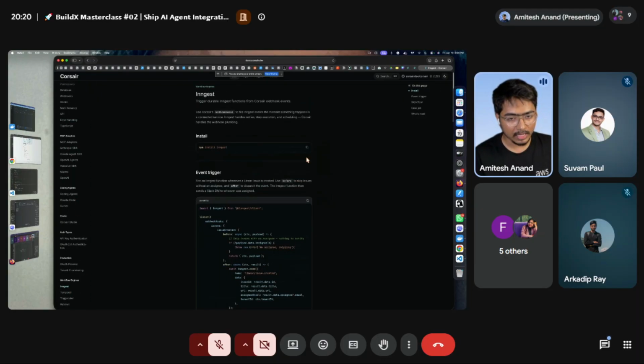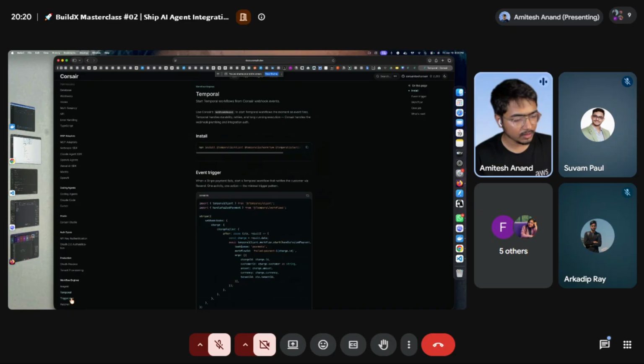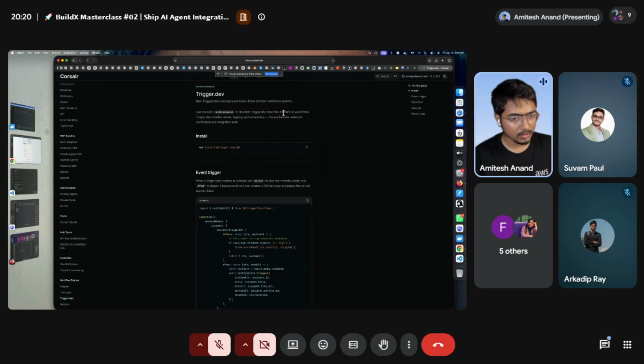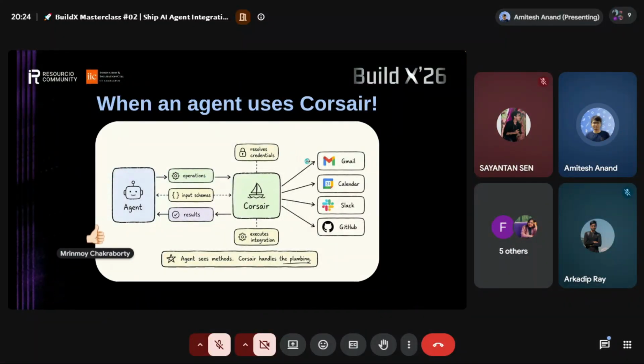Let's say if you are building a production app, you need access to live data. You have five users logging in at different times, and you have to fetch the data in real time and show it to them. So you can use these integrations from Temporal, Trigger.dev, or these things to set those tasks. So when you use Corsair with agents, you will be able to do all these things together without worrying about other setup, resolving conditionals, integration, execution, input schemas, and all. Corsair takes care of everything.